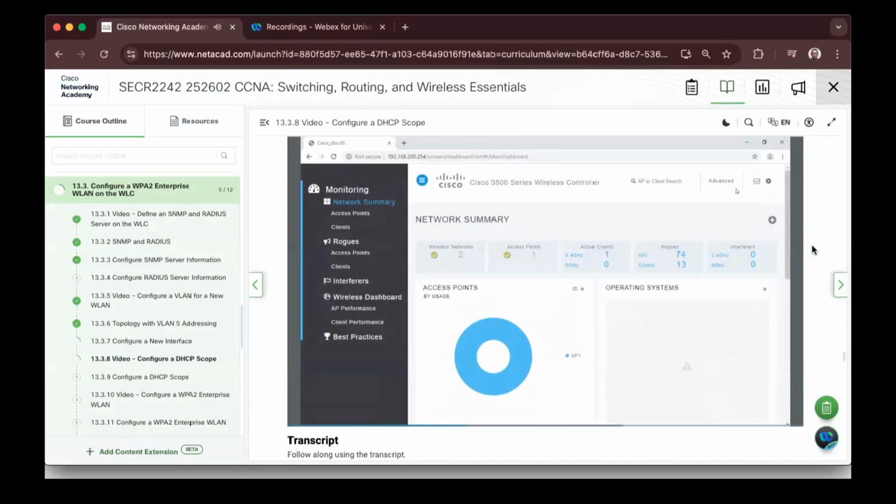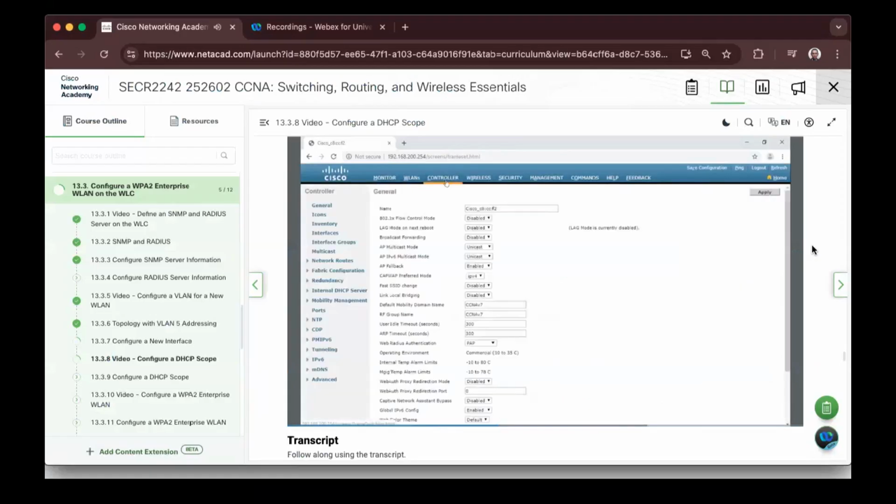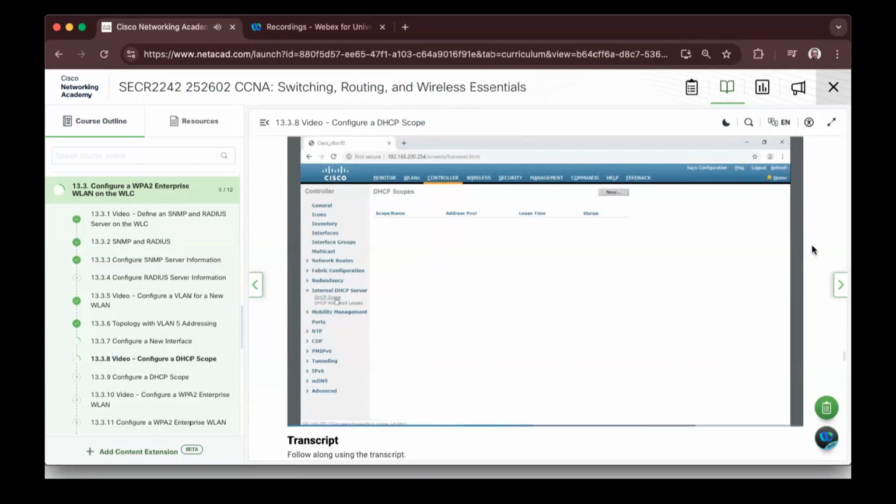So let's get started. We're going to go into the advanced section first. When I click on advanced, our new screen will come up. Inside of this area, we're going to go into controller. Within controller, on the left side, we're going to look for the internal DHCP server. Again, this is very similar to a DHCP pool on a router. A DHCP scope looks just like a DHCP pool. I'll click on DHCP scope, and we'll see we have an address pool, lease time, and some other info. Let's get started by clicking New, and we'll give ourselves a scope name, such as